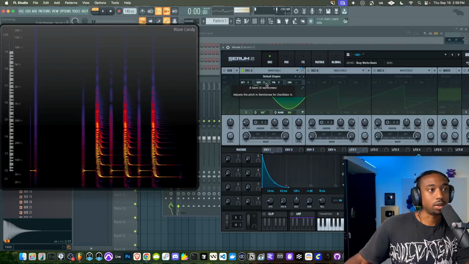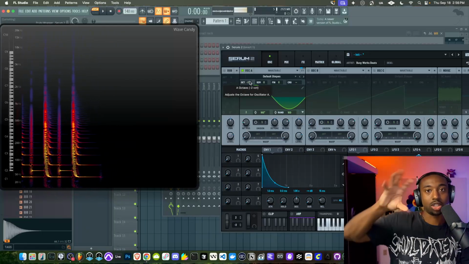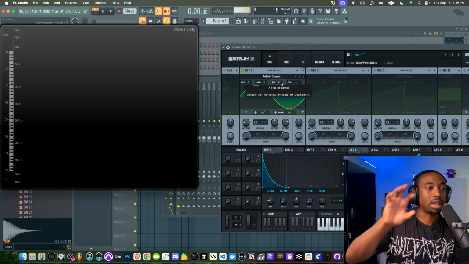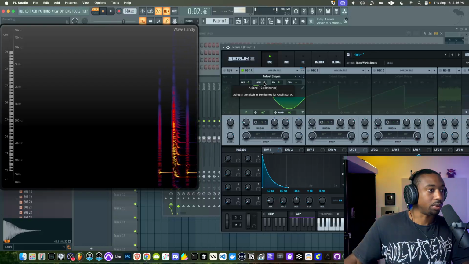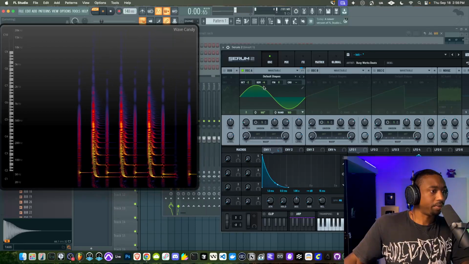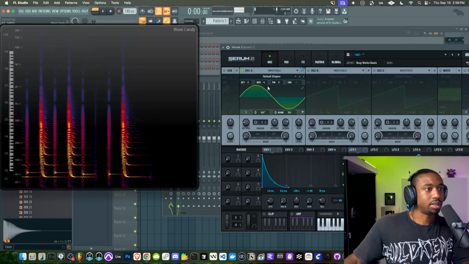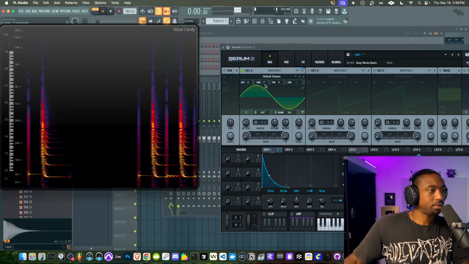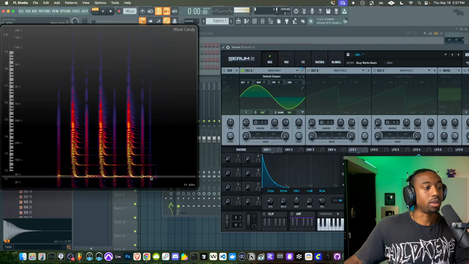So let's go to the semitone value and pull this down. Coarse pitch, or octave pitch, is a very strong tuning of the pitch. Semitone is less strong, and then fine tune is like microscopic. So let's pull the semitone value down until we get to a similar frequency. It's hard to really see. Our frequency is sitting at 53, so we're still off by about 7 hertz. Now we're closer. Okay, so we had to go down 7 semitones to match what's called the fundamental frequency,